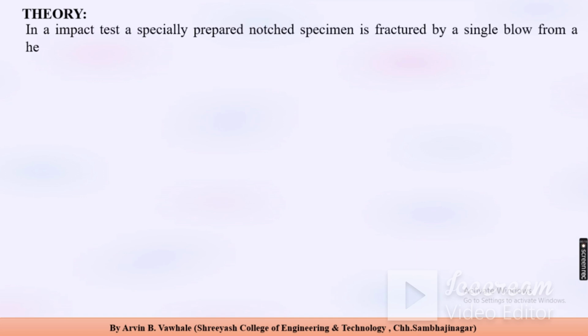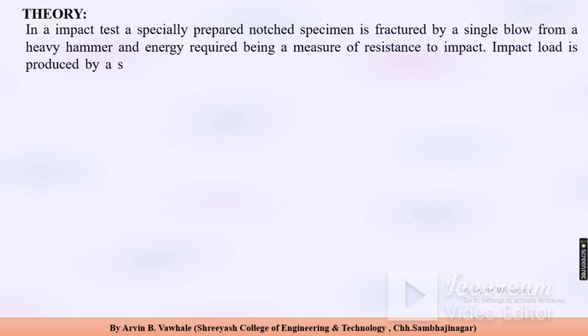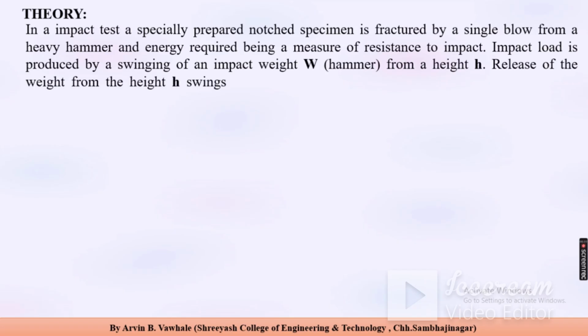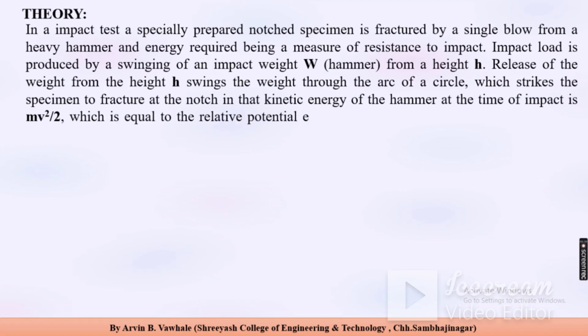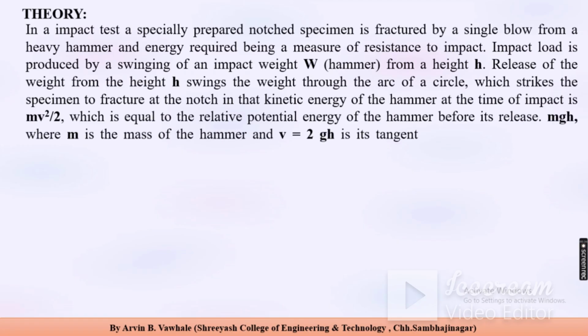Theory. In an impact test, a specially prepared notched specimen is fractured by a single blow from a heavy hammer, and the energy required is a measure of resistance to impact. Impact load is produced by a swinging impact weight W, the hammer, from a height h. Release of the weight from the height h swings the weight through the arc of a circle, which strikes the specimen